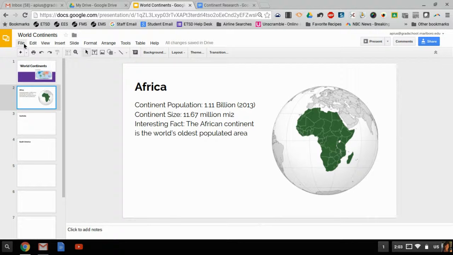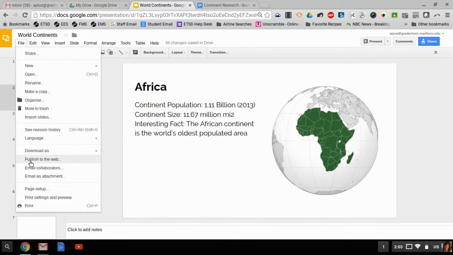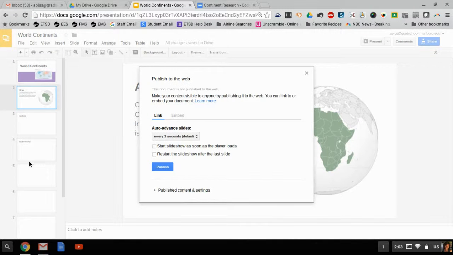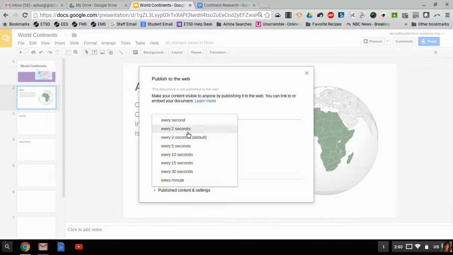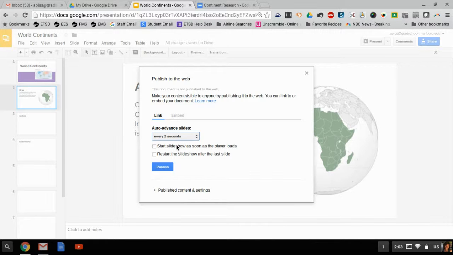So under the button that says File, you would go down to Publish to the Web, and here you can change the default of how often you want your slides to advance, and then you can also tell it to restart and to start the slideshow as soon as the player loads. So once you publish it, you will get a URL that you can use to connect. Well, obviously you'll have to have an internet connection, and then you can set that up in kiosk mode, so to say, in any other